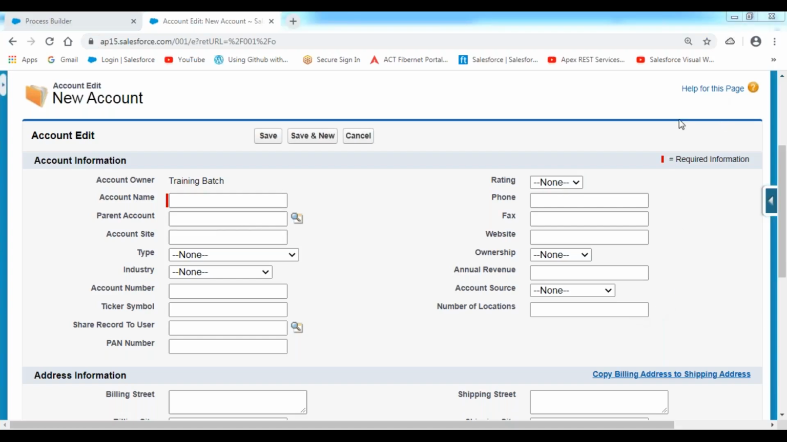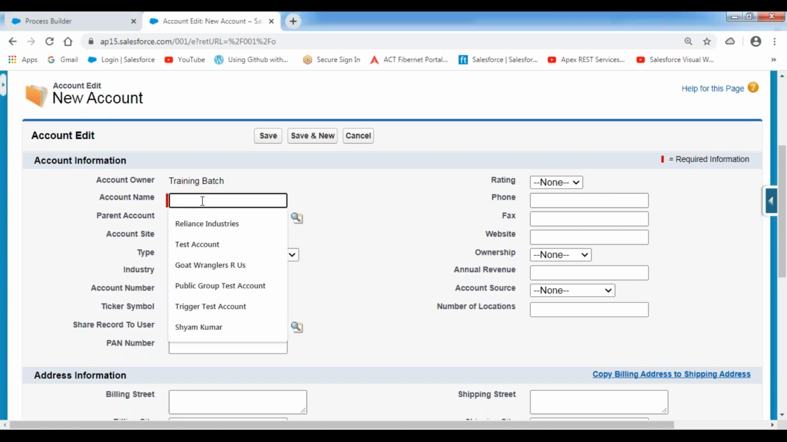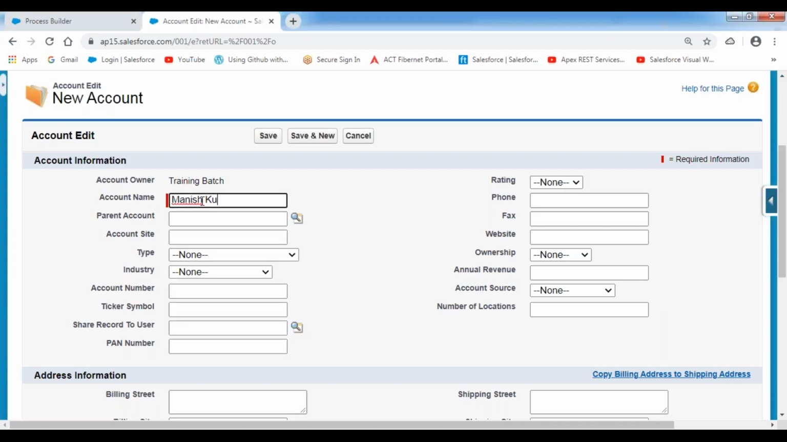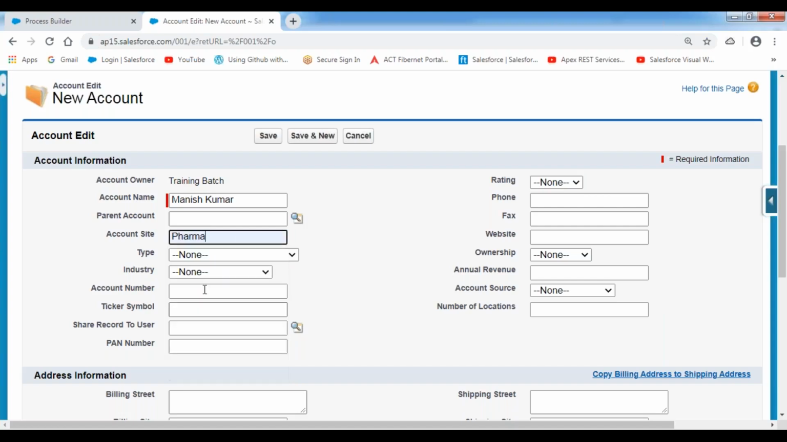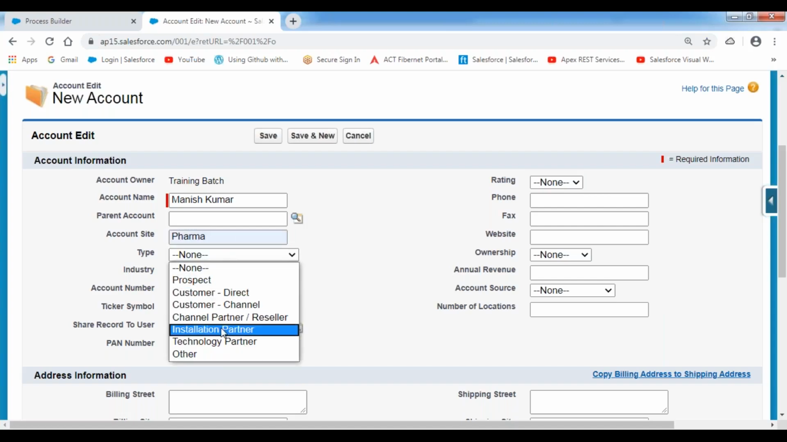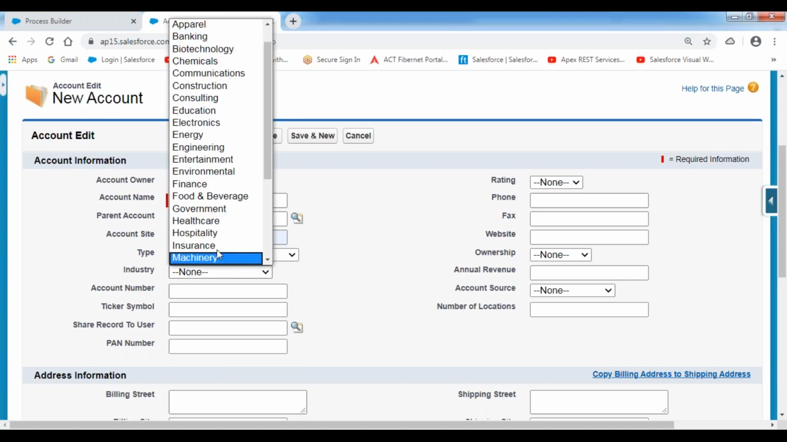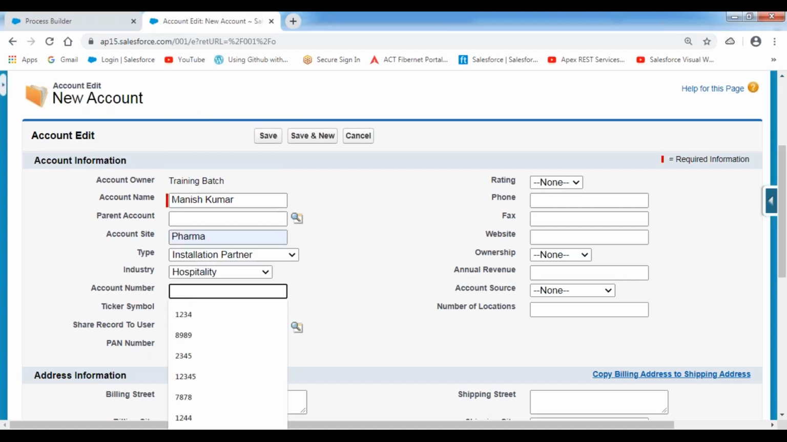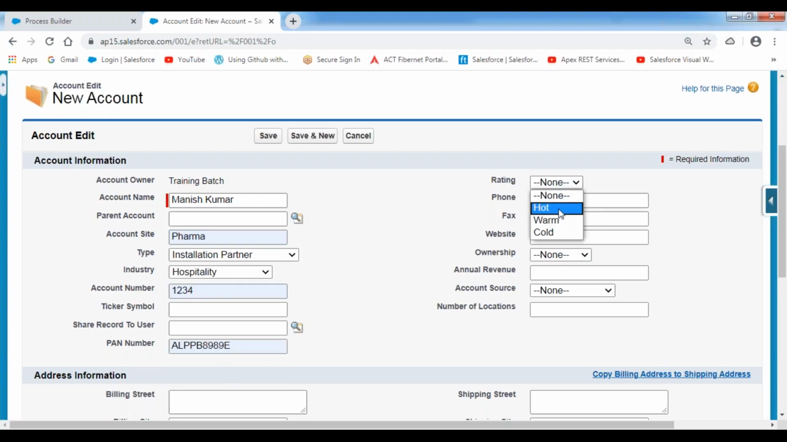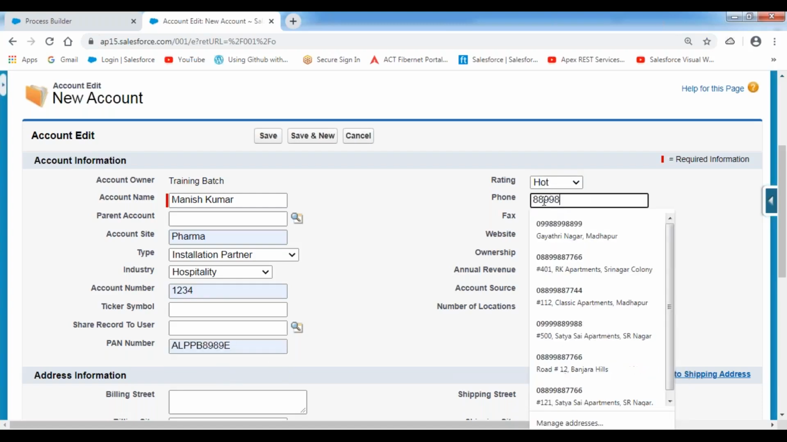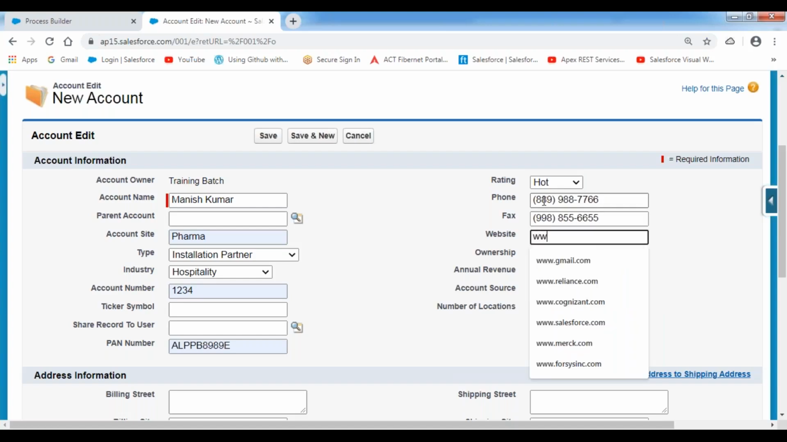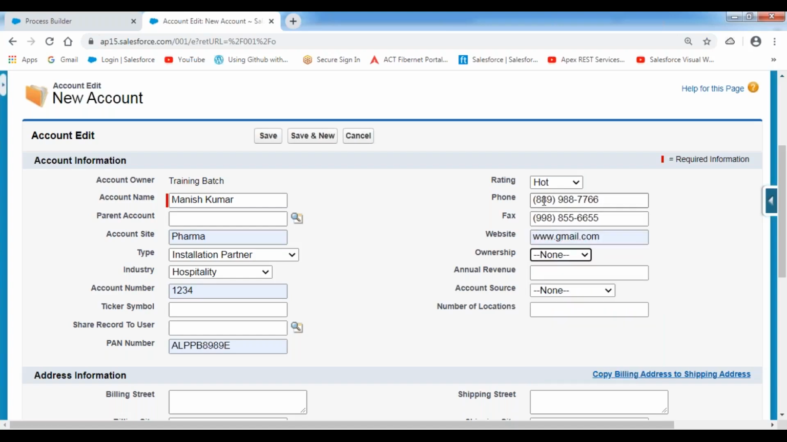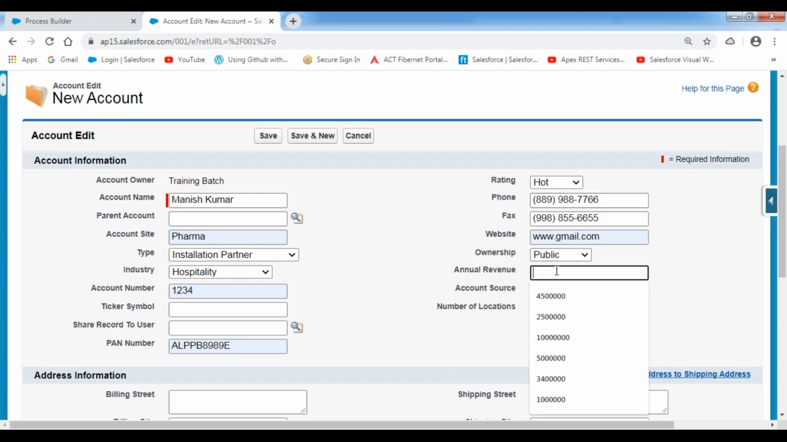I'm creating a new record with the name Manish Kumar. So account site I'm indicating like some pharma, type some installation partner, industry is some hospitality, account number some value, PAN number I'm indicating some value, rating hot, phone number I'm giving some value, fax number I'm giving some value, website value, ownership is some public, annual revenue